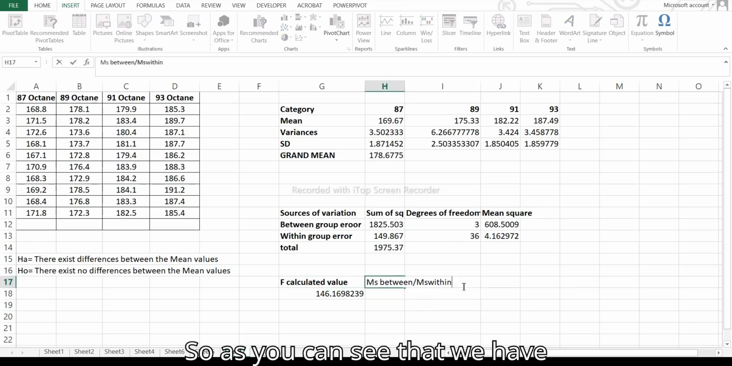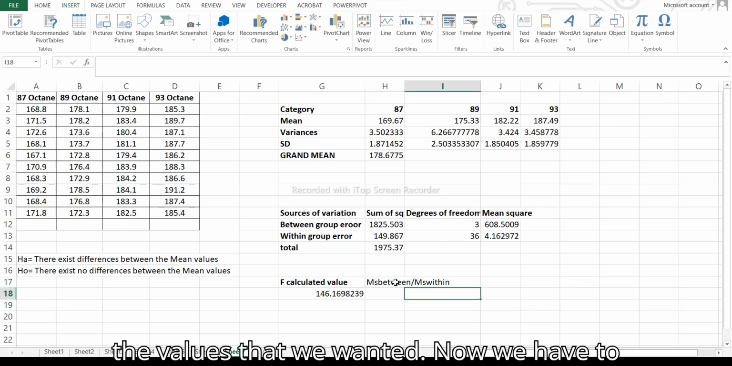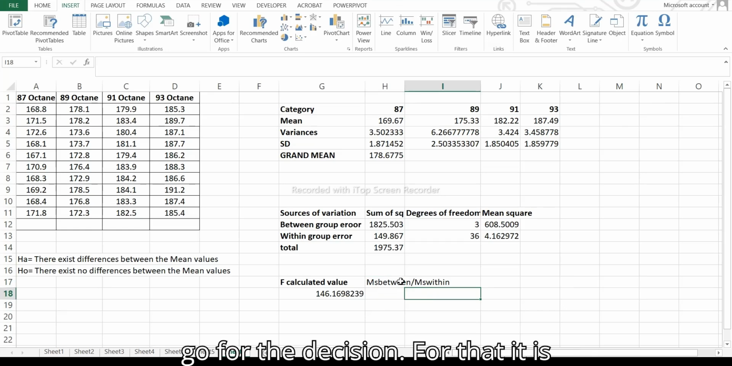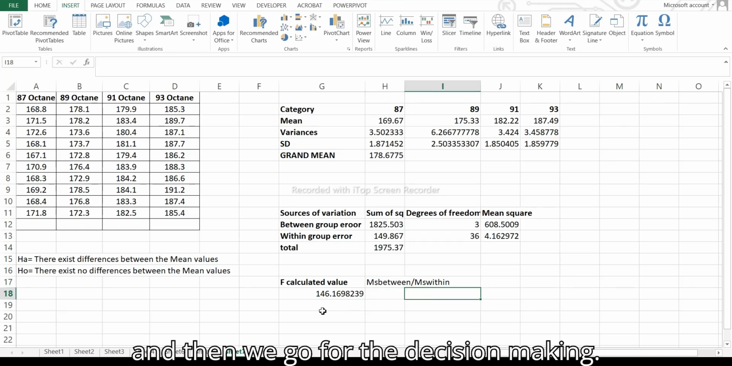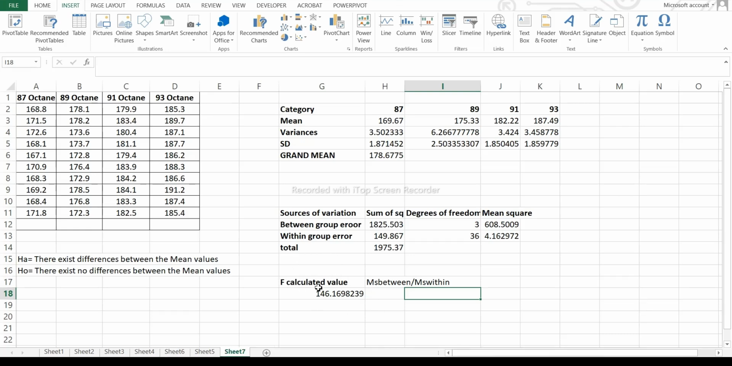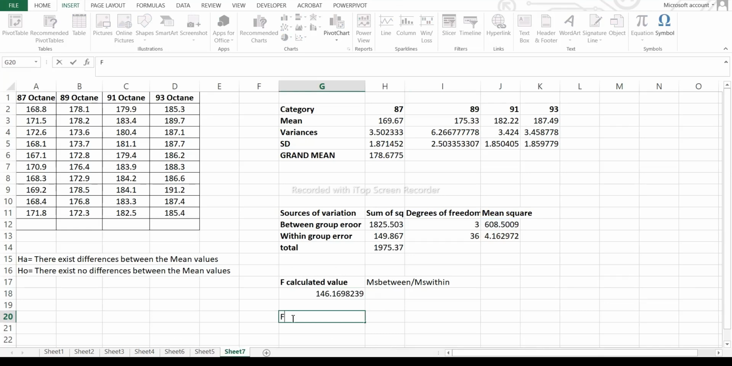As you can see, we have the values that we wanted. Now we have to go for the decision. For that, it's better that we visualize it somehow and then go for the decision making. So if you see, we have the F calculated value here. Now for the F critical value,